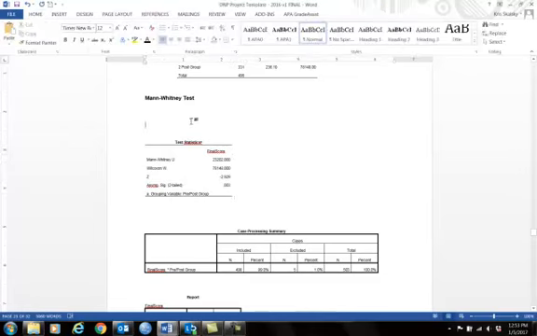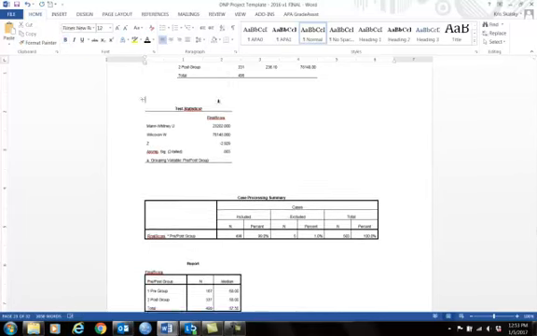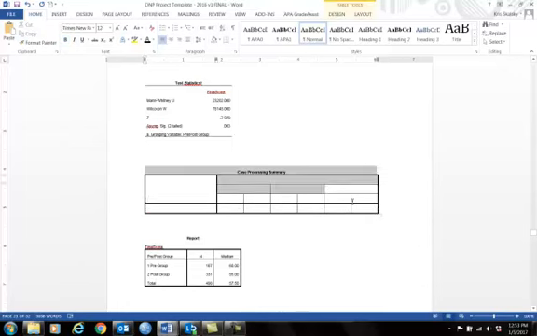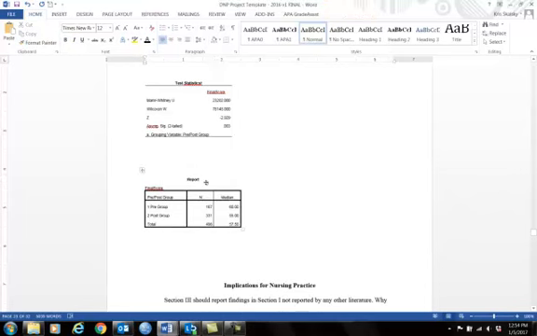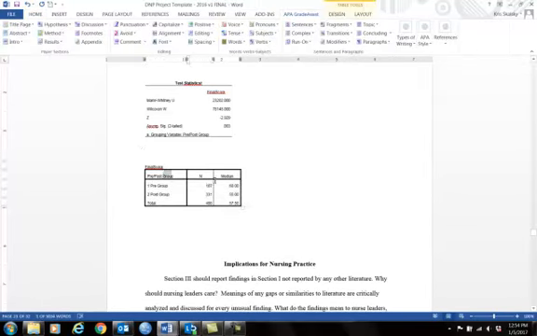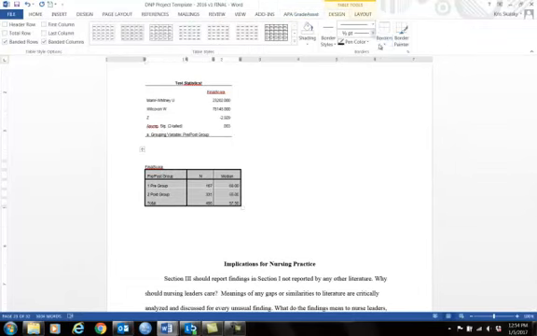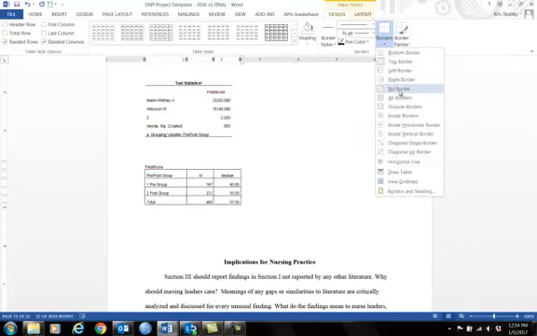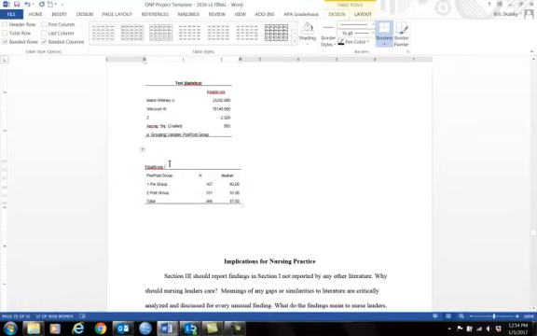Now, this right here, we're going to get rid of. And you would do the same with this. We don't actually need this for our results, so we can delete this whole table, but we do want this. And all I'm doing is hitting delete, you guys. So I'll finish this out real quick so that I can show you how to